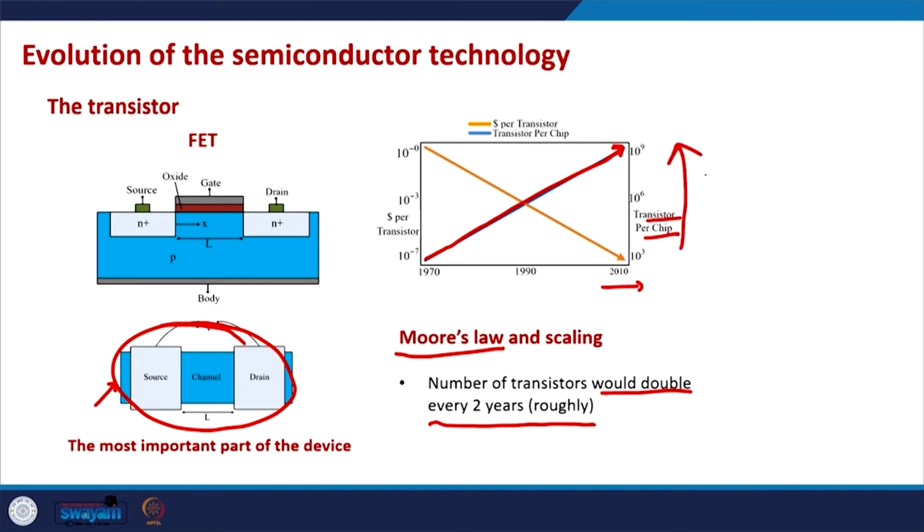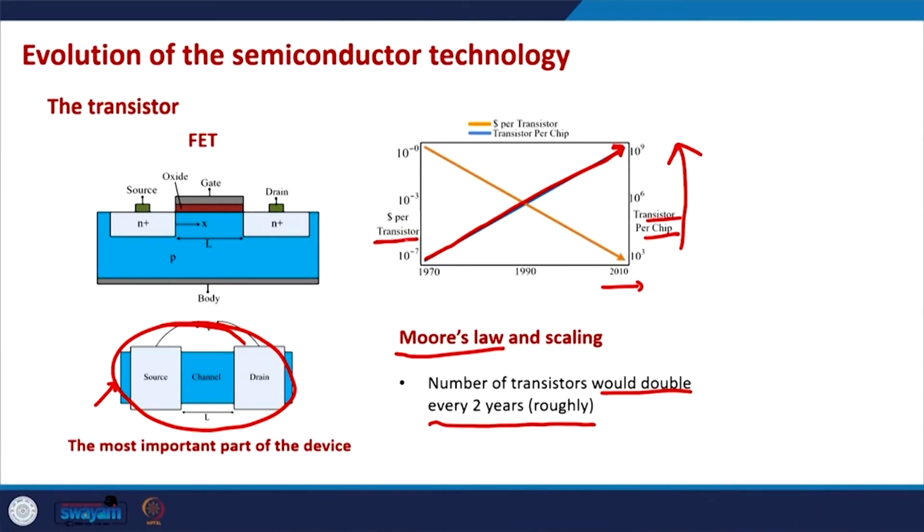The y-axis units are exponential, because almost every 2 years the transistors on the same chip are doubling. So it is like a geometric progression, an exponential growth, and the cost per transistor is declining. That is essentially the trend of the electronics industry for around the last 50 to 60 years, I would say,